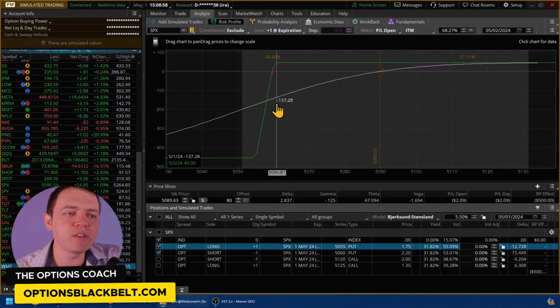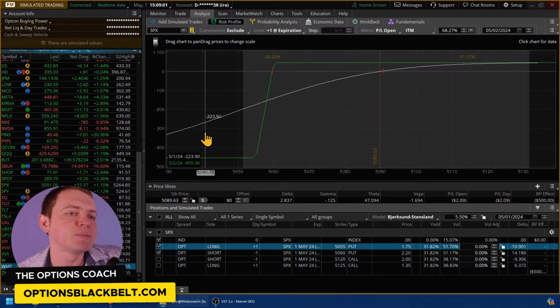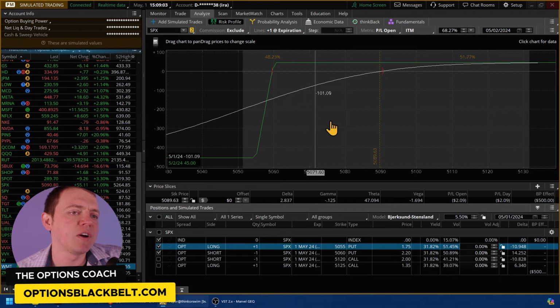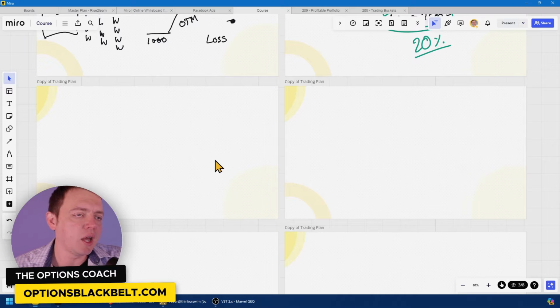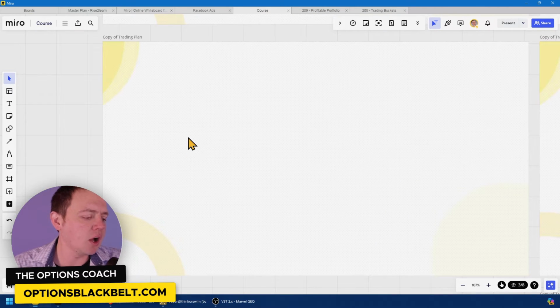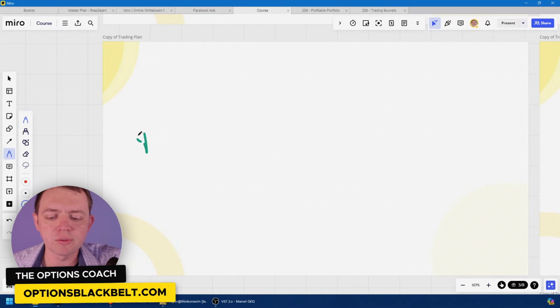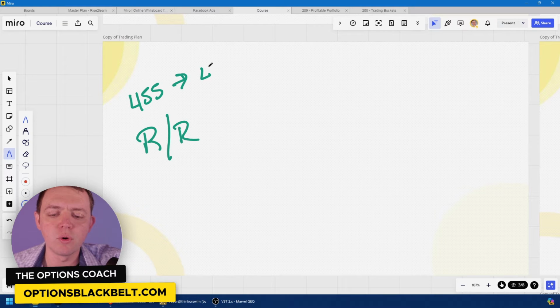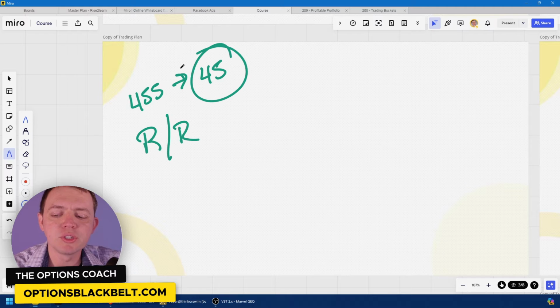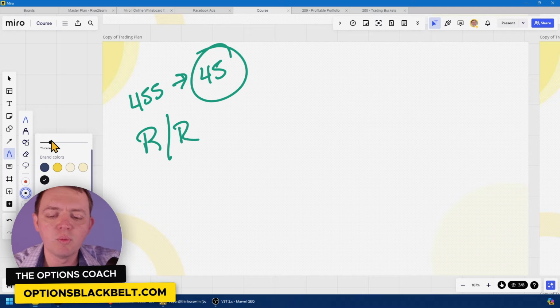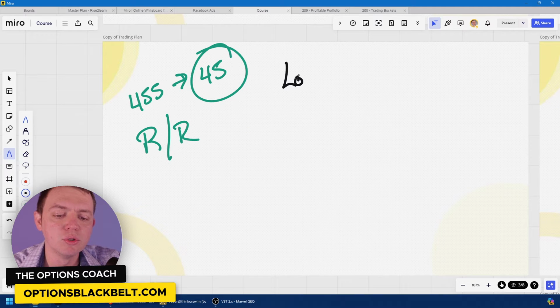one of the first things is looking at your risk to reward. This position is risking about 455 to try and make 45. So if we break things down, we've got a risk to reward of 455 to 45. The most you can make is about 45 bucks. And when you can only make about $45, one of the things you may want to do is say, okay, when I lose $45, I want to go into a safer position,